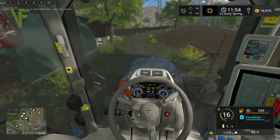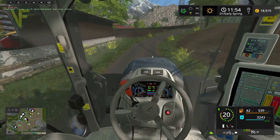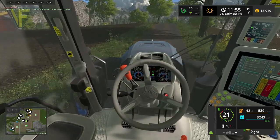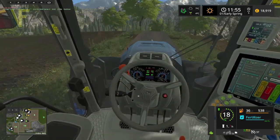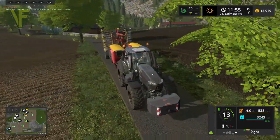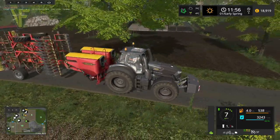And welcome along. Today we are back on Gamsting. It is still the first day of spring, and we are doing some cultiploughing. We're doing cultivating and ploughing. What we have though is this beautiful beast. So we've got a Deutz Warrior